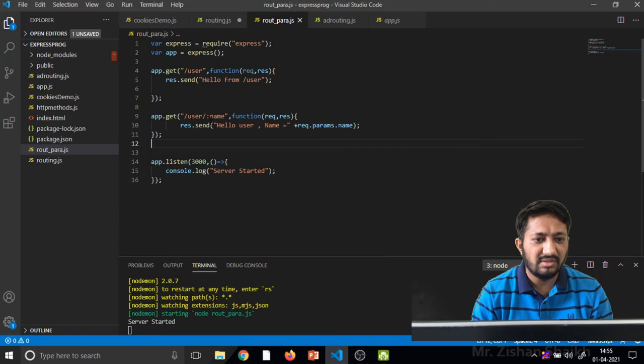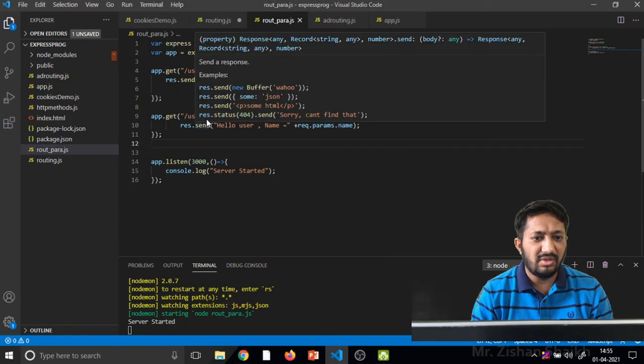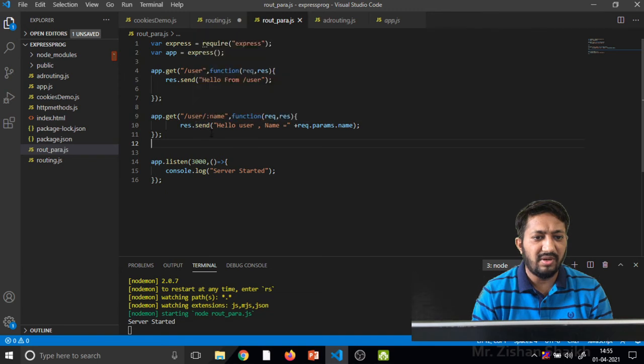After user, what we are writing is the parameter, that is request.params.name, and that is valid.